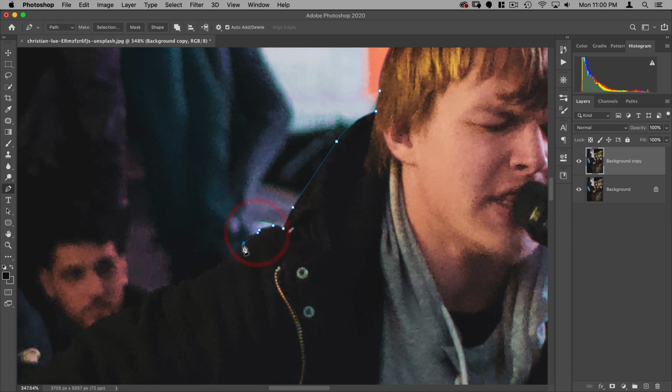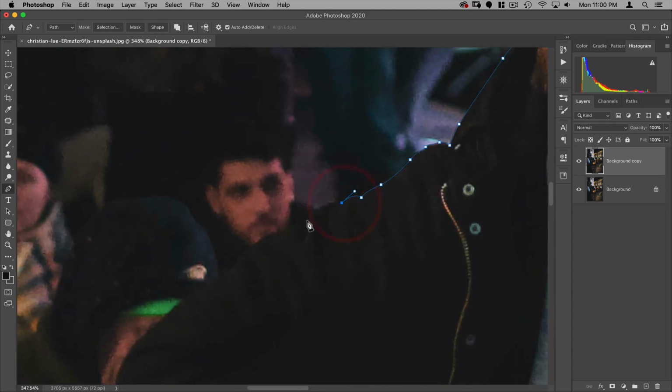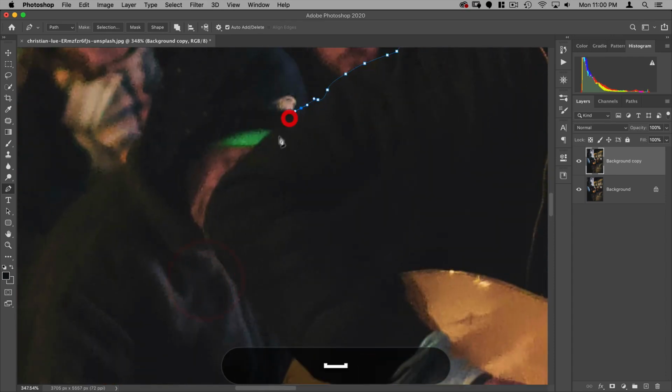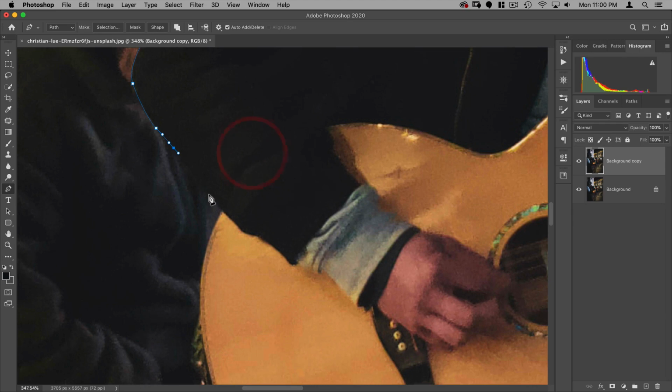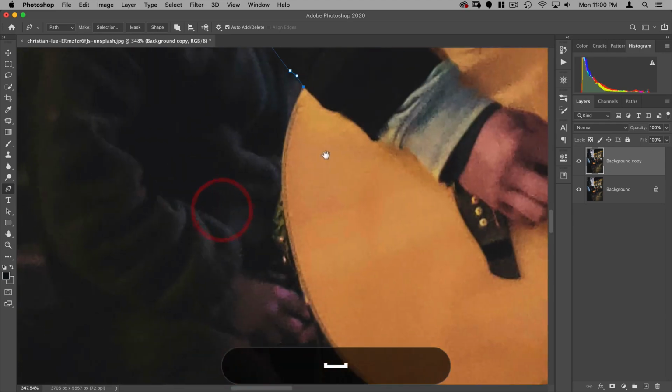It is a little hard to get used to, but once you are used to it, it's pretty easy to use. And the beauty of it is that it's resolution independent, so you can get these really nice curves that aren't affected by the pixelation of your image or anything else. Before all the smart selection tools were added to Photoshop, using the pen like this was kind of the default go-to for all professional Photoshop users for making selections.